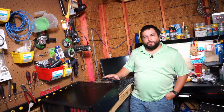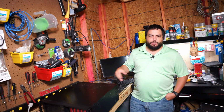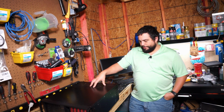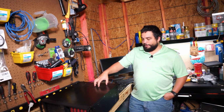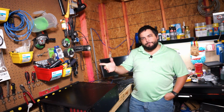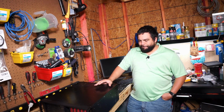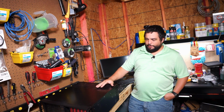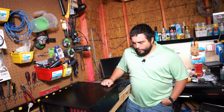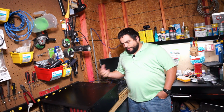This system worked fantastically for recording, for streaming, and all of the other things that I needed it to do. The problem was that I did need Bluetooth on this specifically for the Zumba classes that we were doing, and I did not get that with this system. So what I'm going to do now is go ahead and just take all of this back out